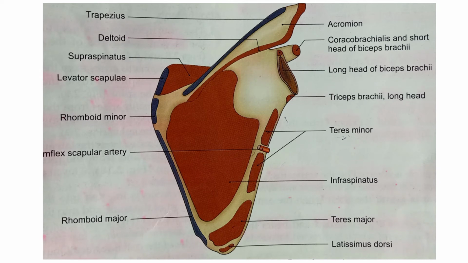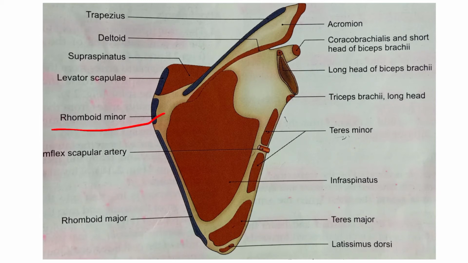Levator scapula. Now see over here this levator scapula. This portion. So it gets inserted along the dorsal aspect, the posterior aspect of the medial border. This is the medial border from the superior angle up to the root of spine. This is the superior angle and this is the root of spine. Alright, so levator scapulae.